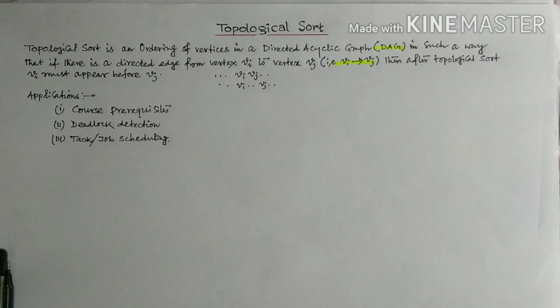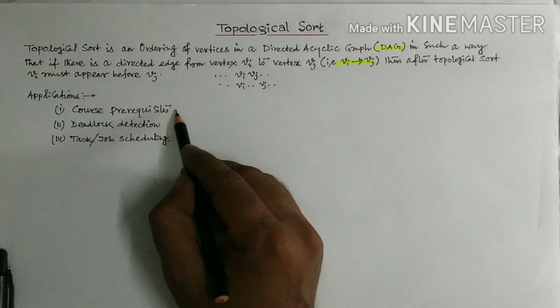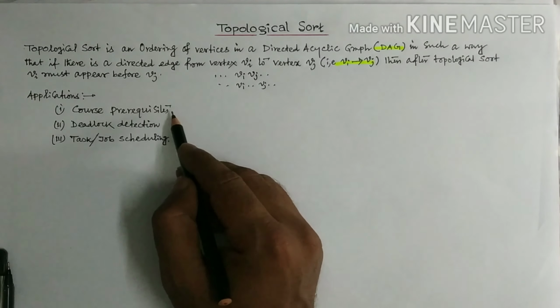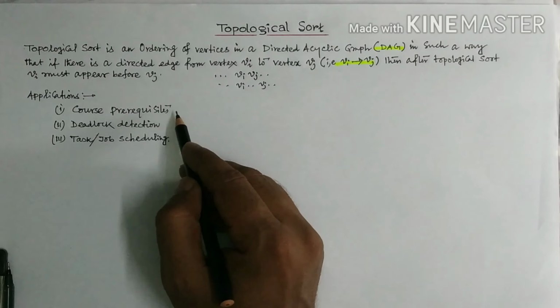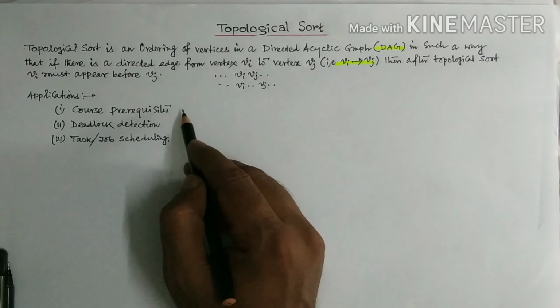Now, what are the applications of topological sort? Creating a university course curriculum satisfying all the prerequisites for each course. Suppose you are preparing for the subject compiler design for a competitive exam. Automata theory helps a lot to learn compiler design, but discrete mathematics is essential for automata theory. So first you complete the preparation of discrete mathematics, then automata theory, and after that you prepare for compiler design.